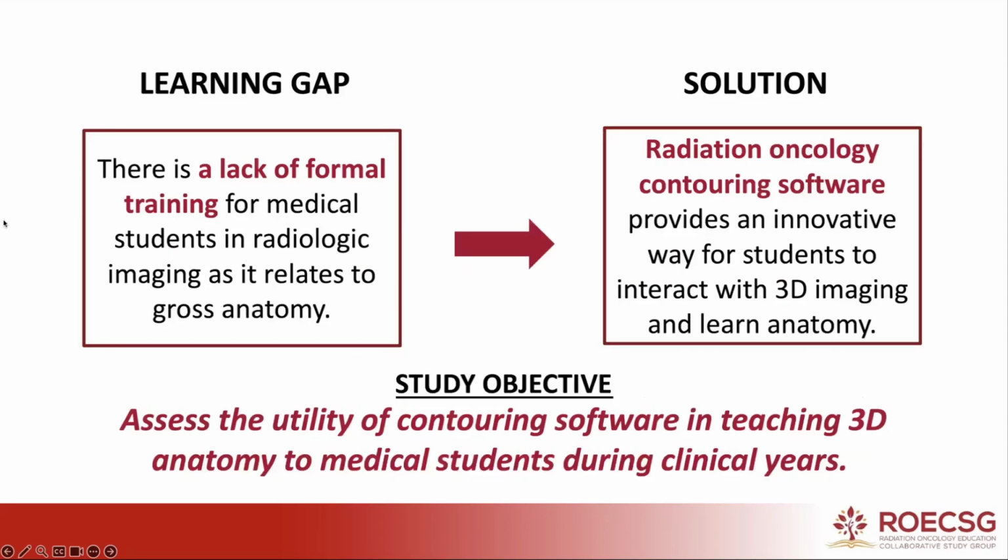Unfortunately, as it stands, there is a distinct lack of formal training in radiographic imaging analysis during medical school. A study was done at the University of Kansas School of Medicine, where third-year students were asked to identify CT images of different life-threatening scenarios at the beginning of their third year and then again at the end of their third year. While authors noted a significant increase in correct answers at the end of the third year, the students were only able to identify less than 50% of the trauma CT accurately. This shows us that there is still a learning gap in the current curriculum when it comes to formal training